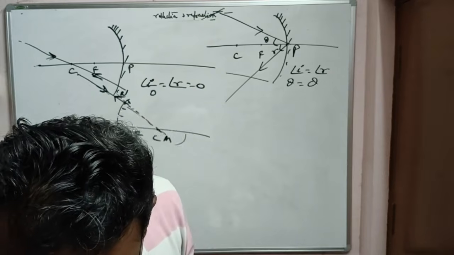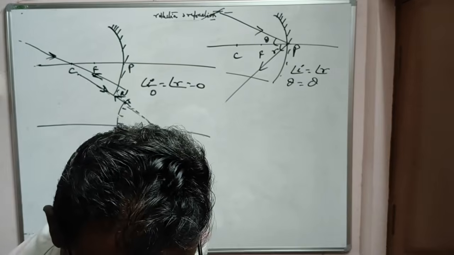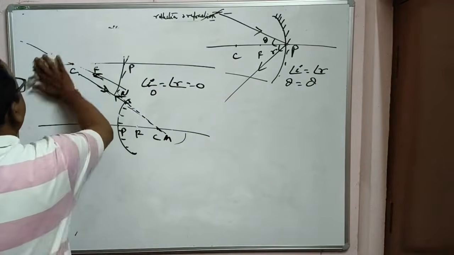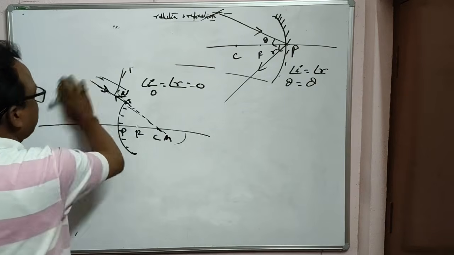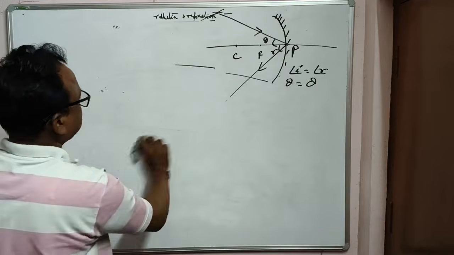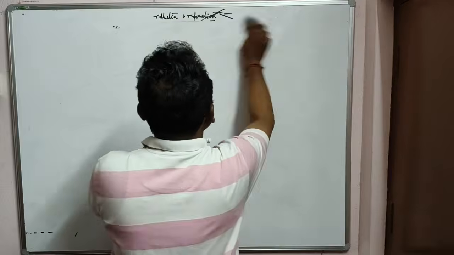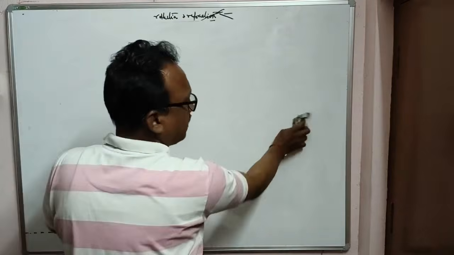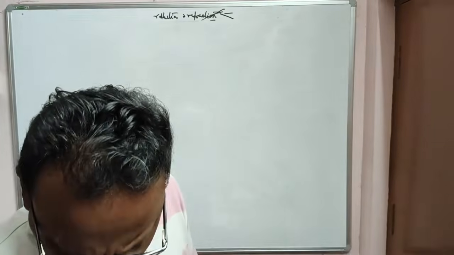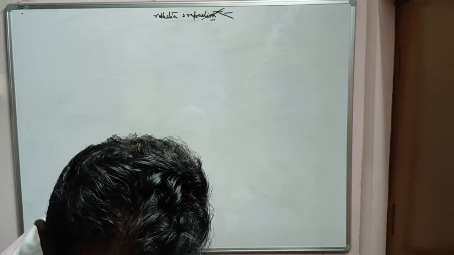For concave, maximum diagrams we've done regarding the image formation in different cases: infinity, focus, pole, focus and center, focus and pole. Now let us see some more figures regarding the